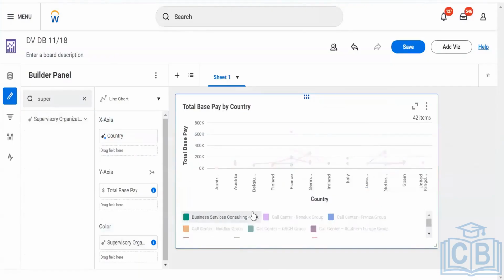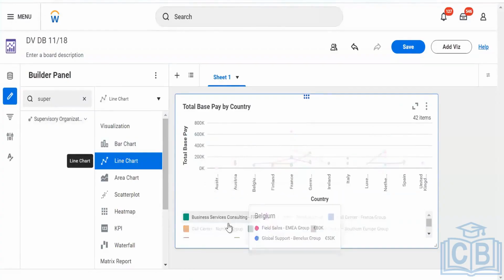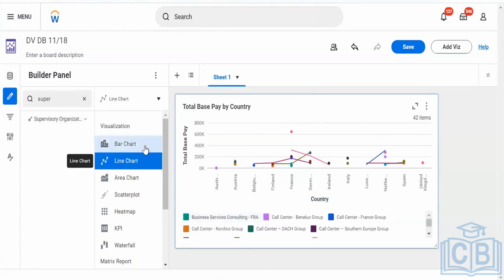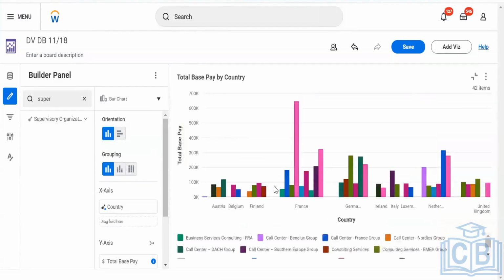Basically, these are the bifurcations. I will be able to understand that one supervisor, one column. Yes, the column is the same. But here we will be able to see that this particular supervisory organization belongs to which one. Let me put it in this way. Yes, the grouping